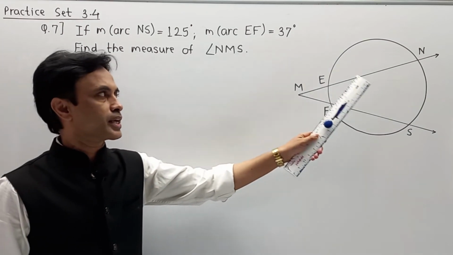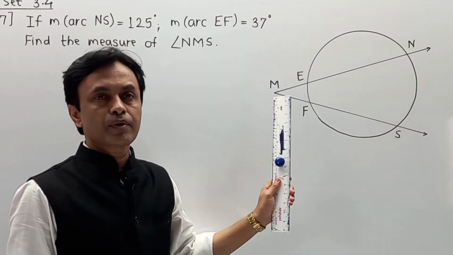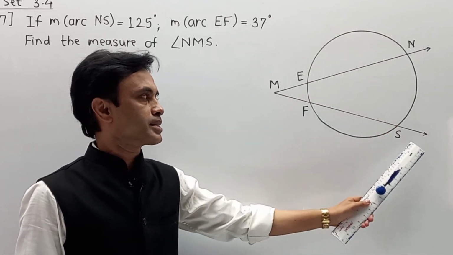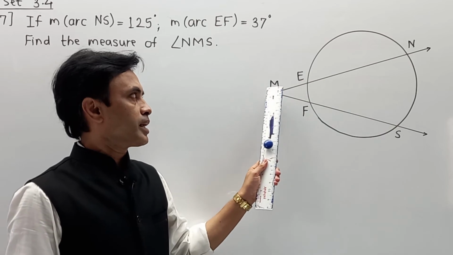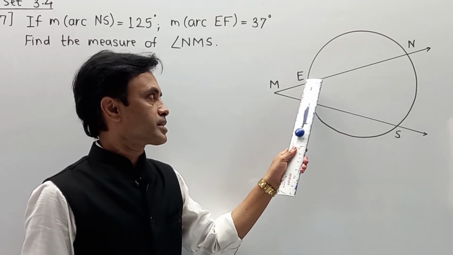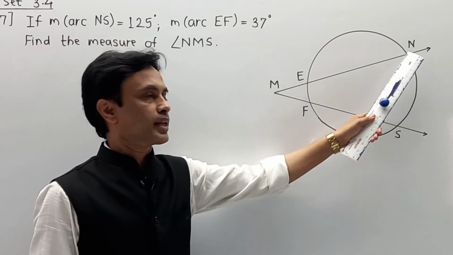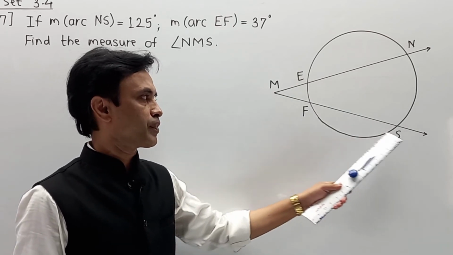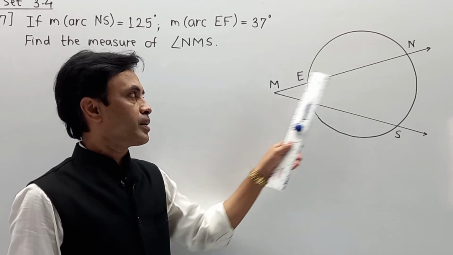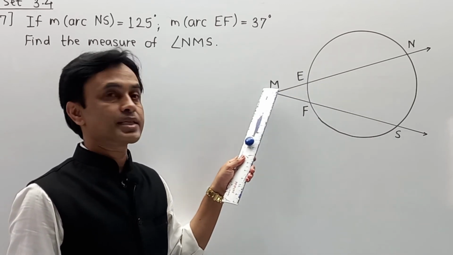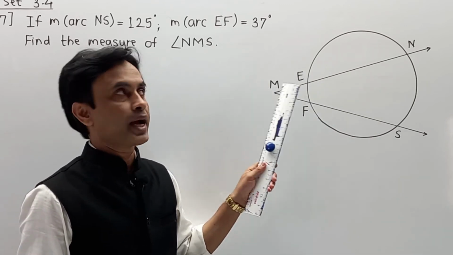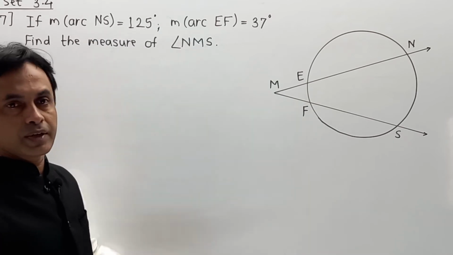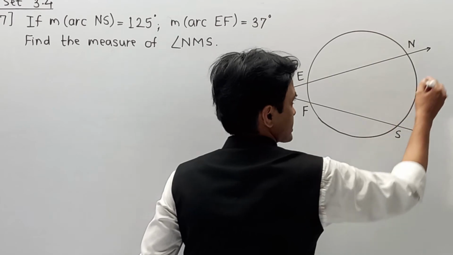Let us try to understand the diagram over here. They have given two secants. One is MN and the next is MS. Here this MN touches the circle at 2 points, E as well as N, and this MS also touches the circle at 2 points, F and S. Both the chords or secants intersect outside the circle, and if major arc NS is 125, they have given NS, this value,